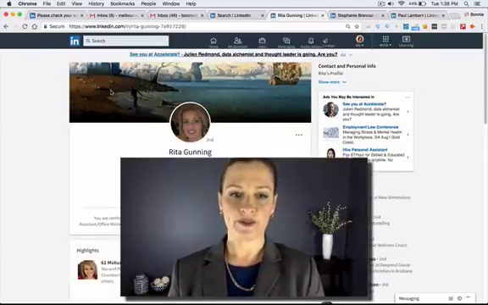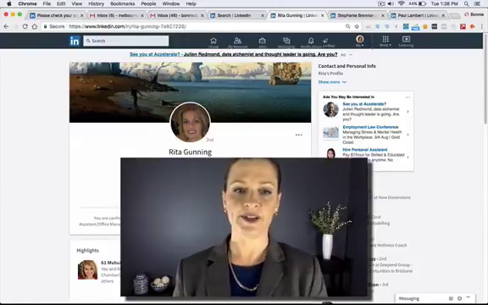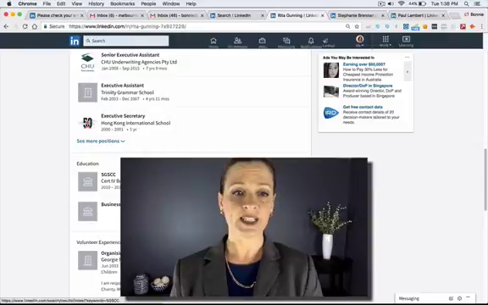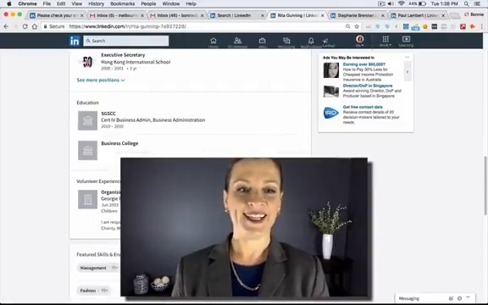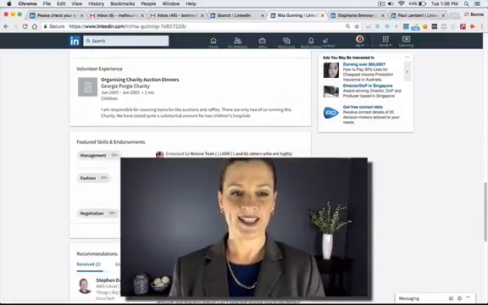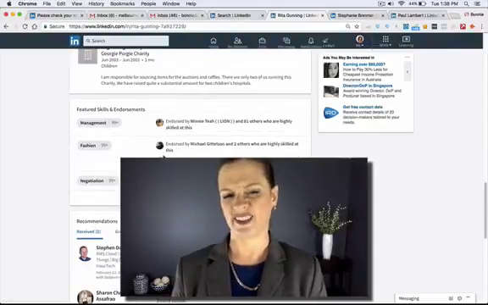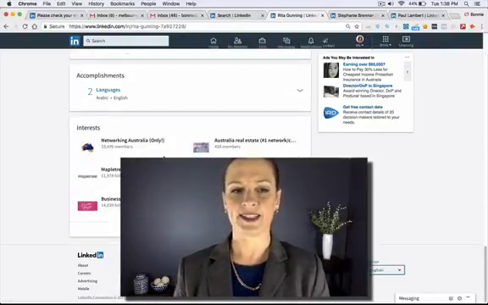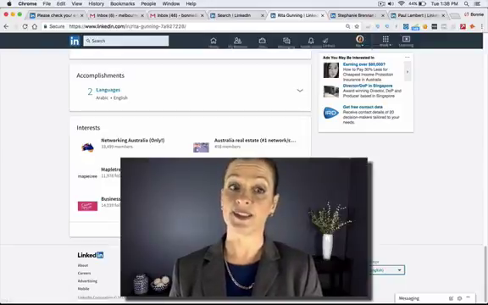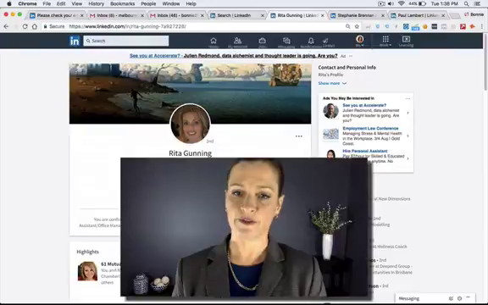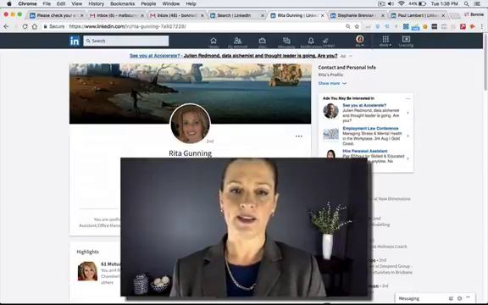The elements to look for are in the headline. Make sure that they're actually in the area that you want to geographically target, if that's going to be a criteria for you. Then you can look down here and start to see the recommendations, their skills, and the interests. So you get a feel, saying yes, this person's ticking all the boxes for me. And then you